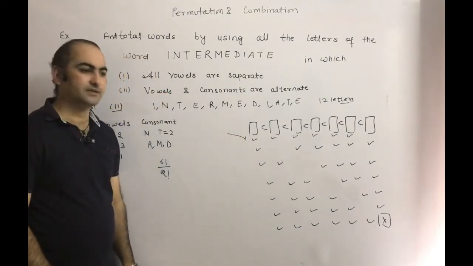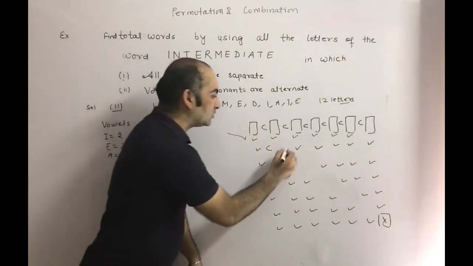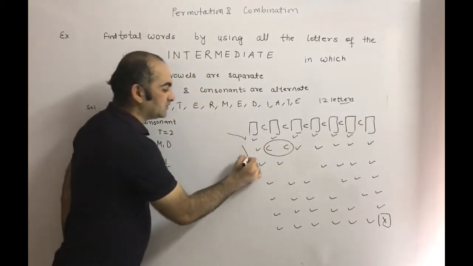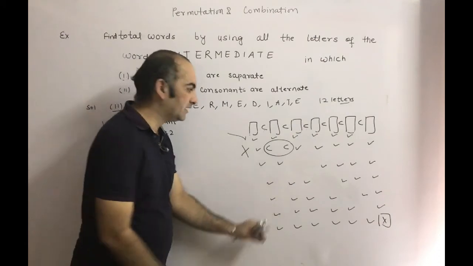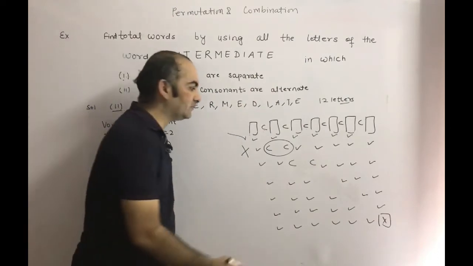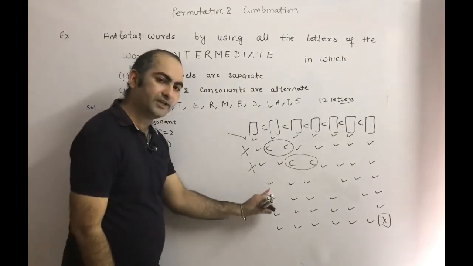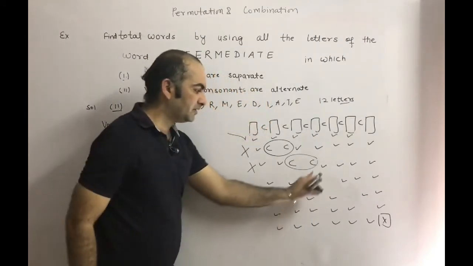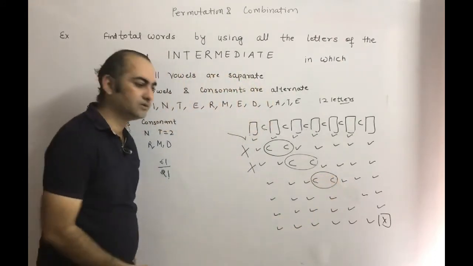Now the second case. We get vowel, then consonant, then we are not getting any vowel, and again a consonant comes. So in the second case two consonants are together, which means the second case is not valid. In the third case, we get vowel, consonant, vowel, then again consonant, then there is no vowel, and again consonant. So in the third case also two consonants are together, which is not valid. In the next case, vowel, consonant, vowel, consonant, vowel, then consonant, but there is no vowel, so again consonant. Here also two consonants are together, so this is also not valid.